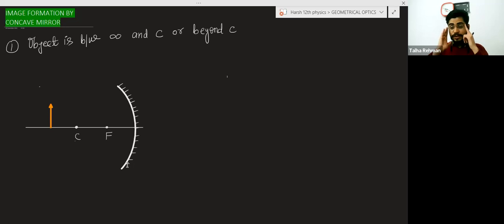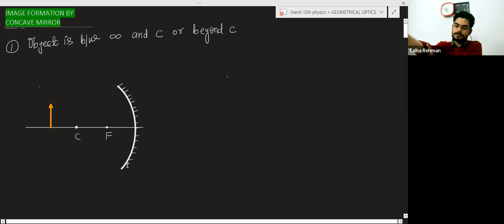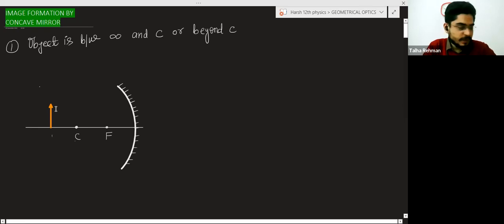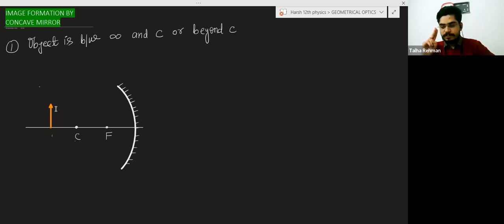See how we will draw the ray diagram. What is the meaning of a ray diagram? It means we will show how the image is forming with the help of light rays, with the help of some construction. Here I have placed the object, and we don't know where the image will form. When we draw the diagram, we will get the idea where the image will form. So remember one point: for the image formation, at least two rays from the object must intersect